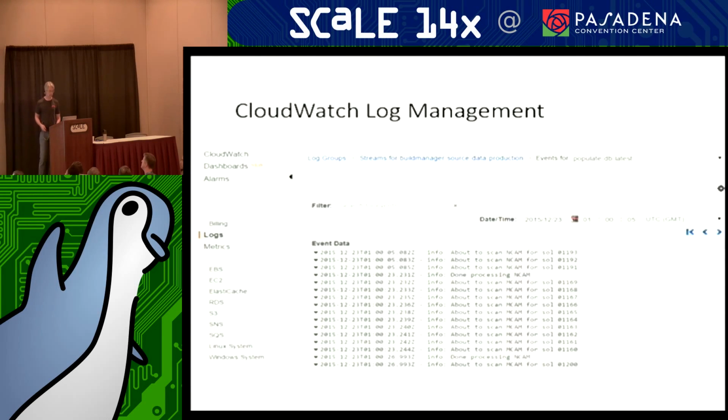Another Amazon service that we use in the build manager is CloudWatch log management. This is a way of pushing logs from your servers up into Amazon's cloud so you can see them and process them from the AWS console. I think this is nice because if something's going on with my server, I can log into the AWS console and look at the logs instead of having to SSH into that box and then trying to remember where the log file is. And once they're in